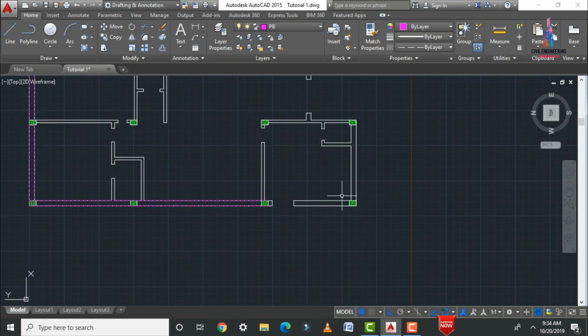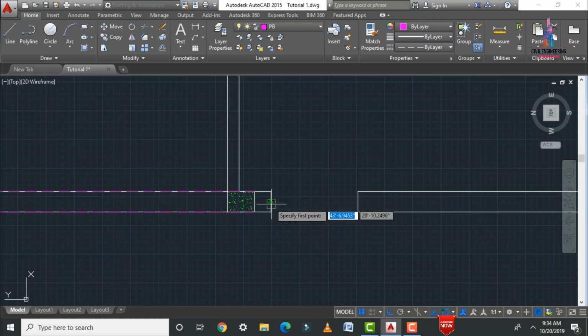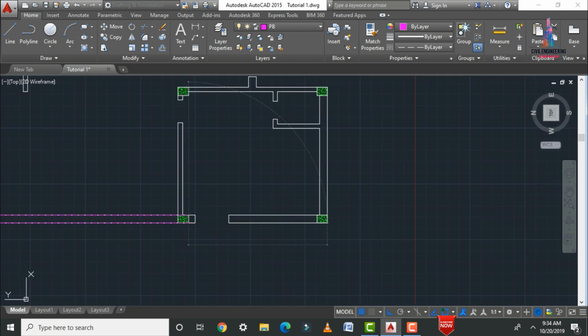Again in the same process we need to apply the offset and plinth beam sections for the remaining model. So here I am selecting starting point, ending point. Select the offset option which is of 9 inches. Let us consider. This is the 9 inches.